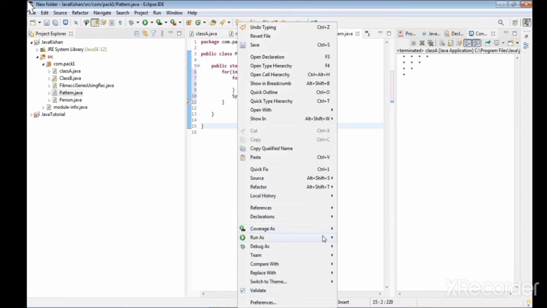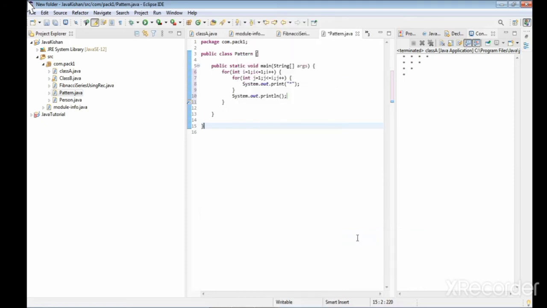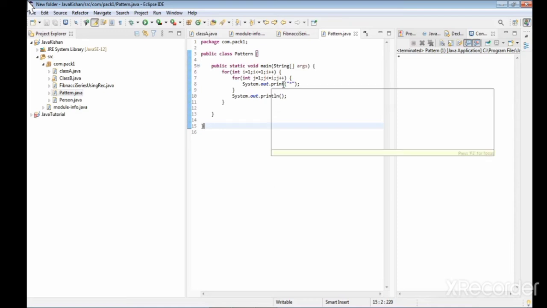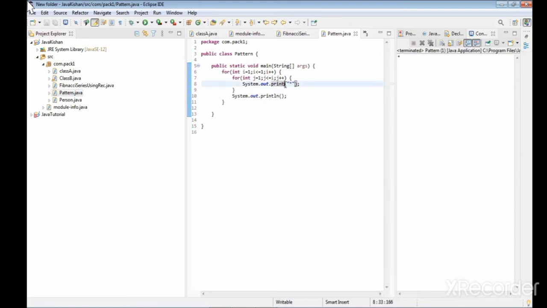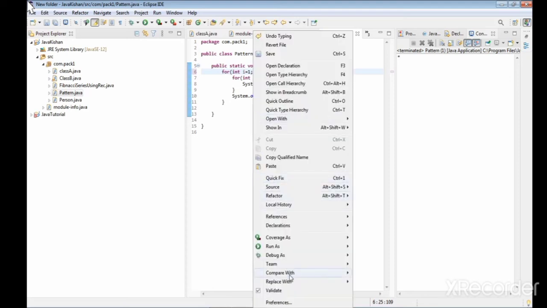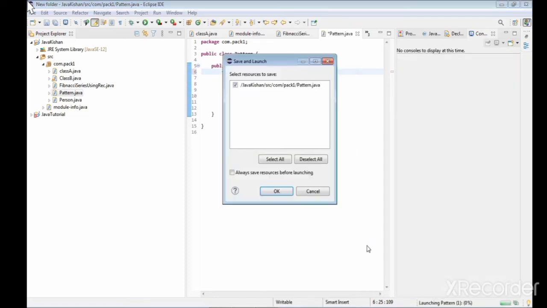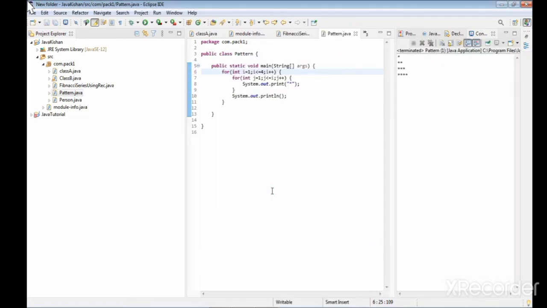Run as Java application. So this is the program. We are going to run this program. Run as Java application, and then we can see this is my pattern.